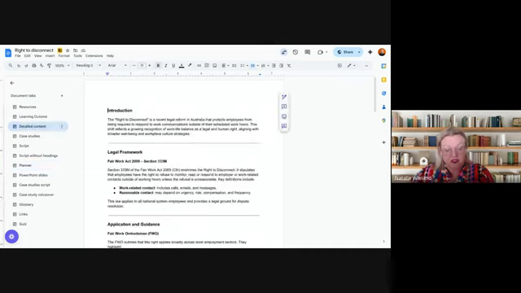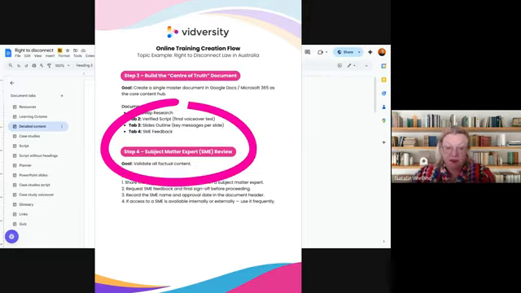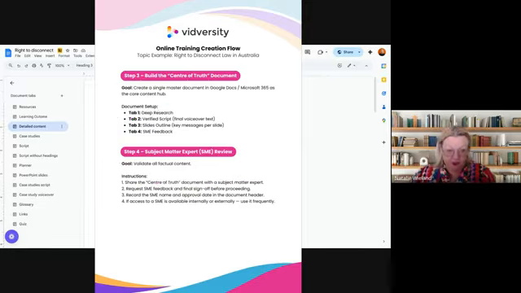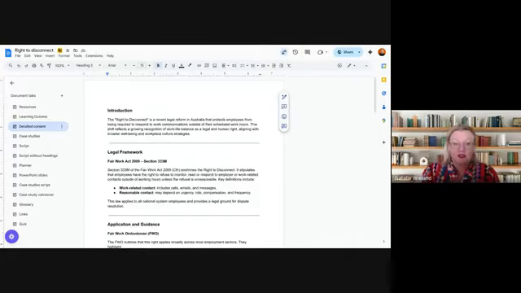So that content that I've just gathered, I'm just collecting it. It might be the policy that I've been given. It might be all the information I start gathering here. Now, my next step is I get a subject matter expert to review this. So I'm starting to gather all my information. Remember, the brief is I've got to build some training around the right to disconnect.